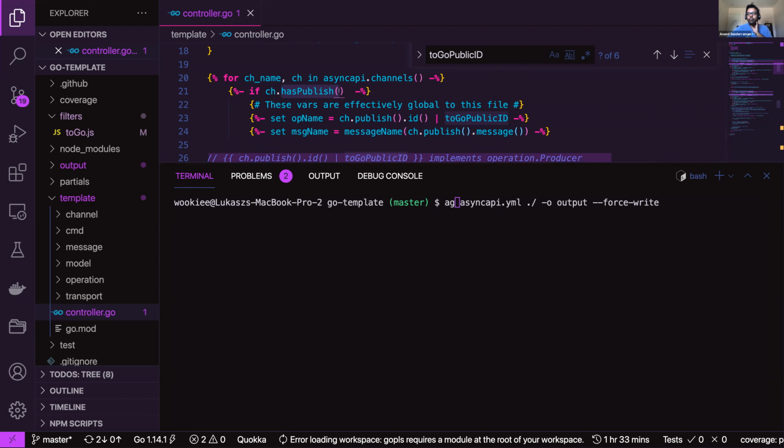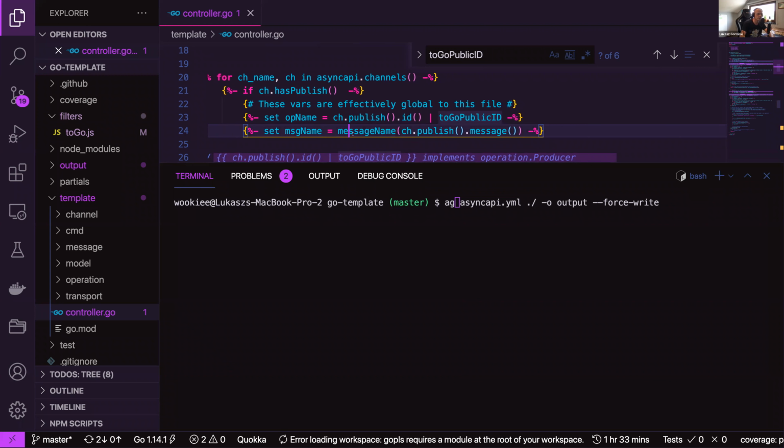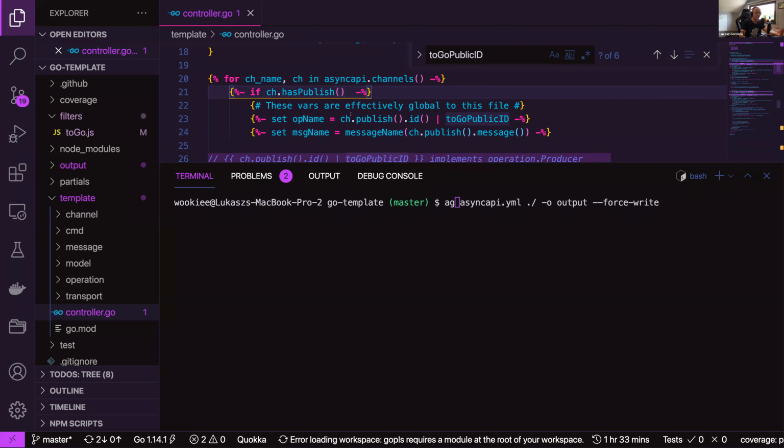What I noticed when I was developing, I wonder if Jonas was doing the same, is that sometimes I was too lazy to check the code of the parser, and I simply love console log debugging. I, for example, really wanted to see how hasPublish is behaving, or how other functions coming from the AsyncAPI document object behave. So how can I really put a console log inside the parser? My approach was that I also had a generator cloned locally. So instead of using AG, I was basically doing